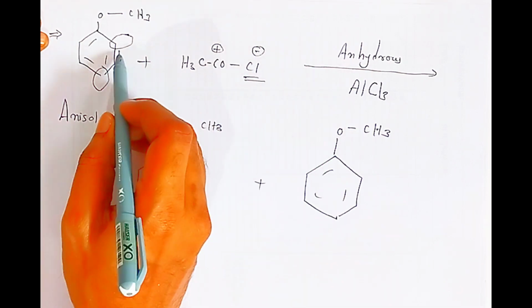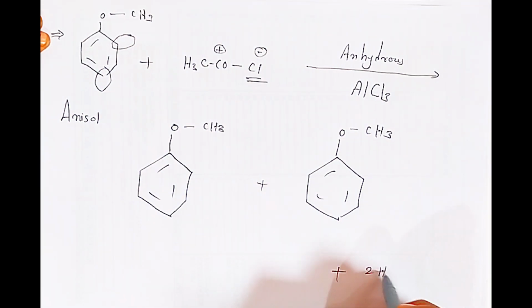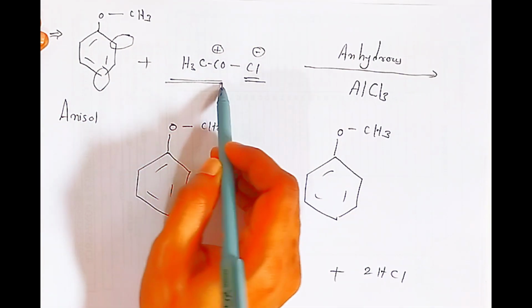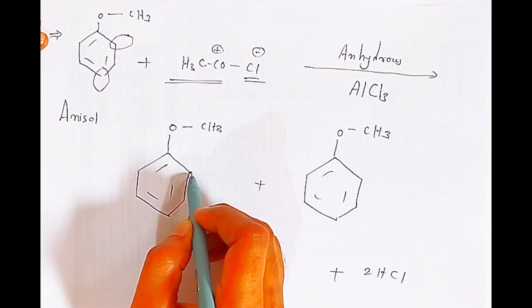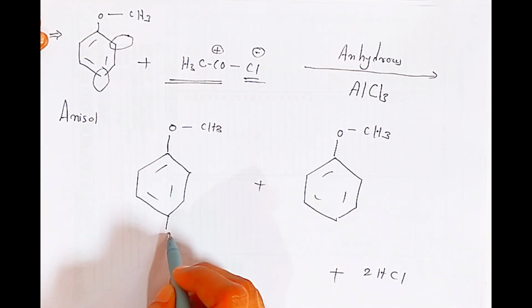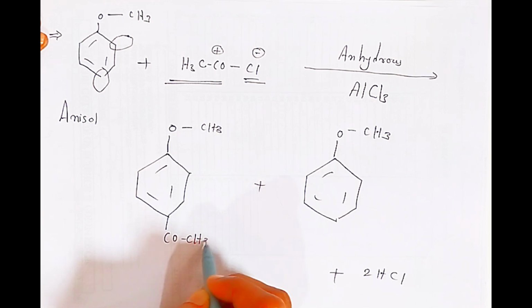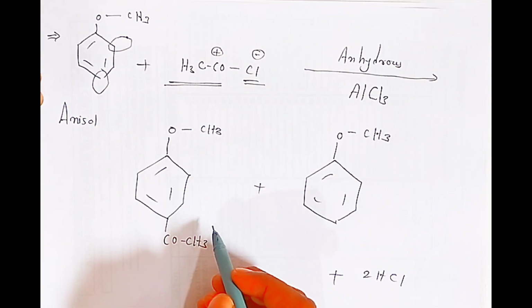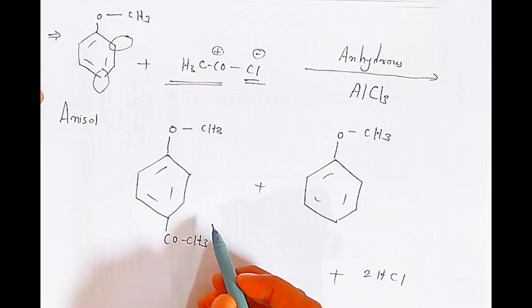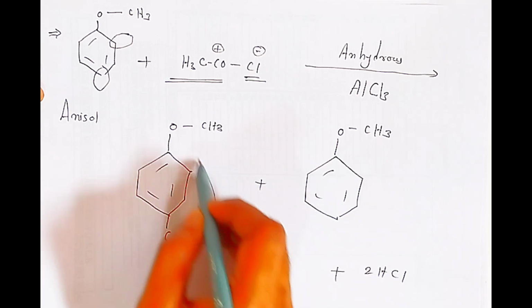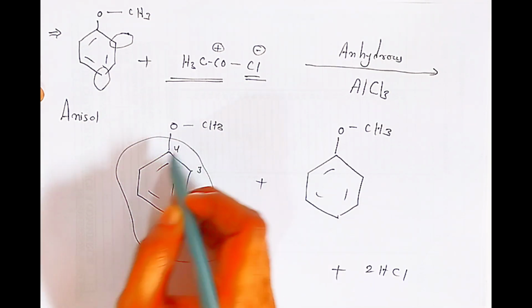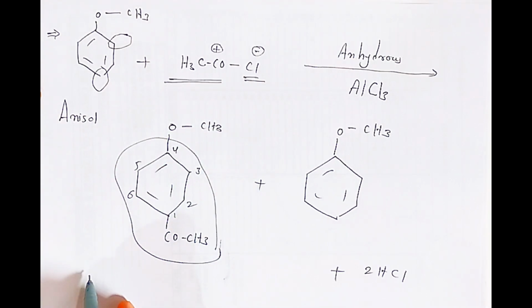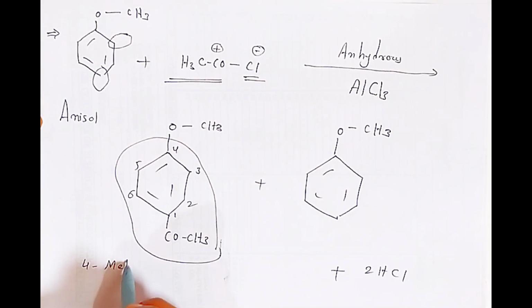Now there is an elimination of two HCl molecules. Here, this acetyl group is going to be substituted. If it is substituted at the para position, COCH3, we call it 4-methoxy acetophenone. This whole molecule is acetophenone. At position number 4 you will find the methoxy group, so this is called 4-methoxy